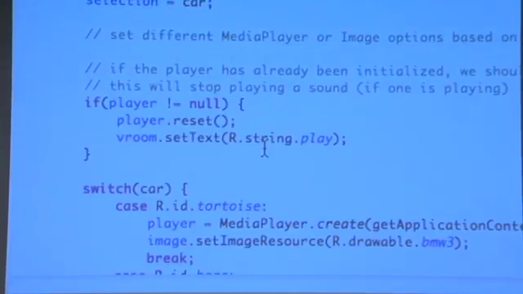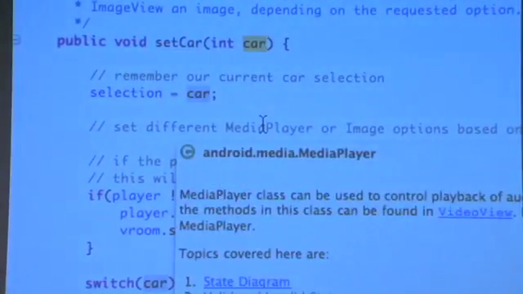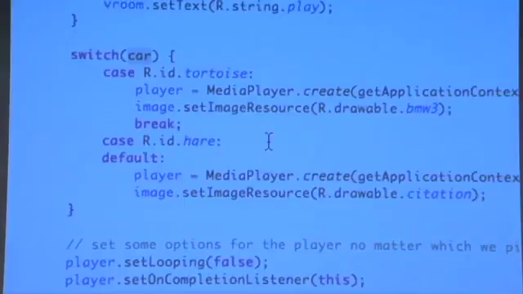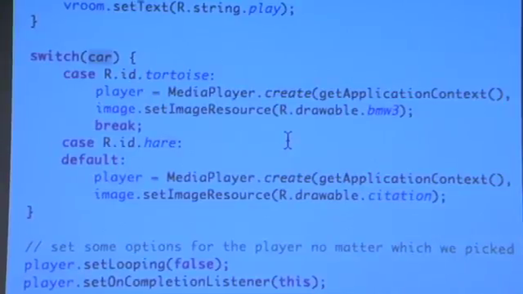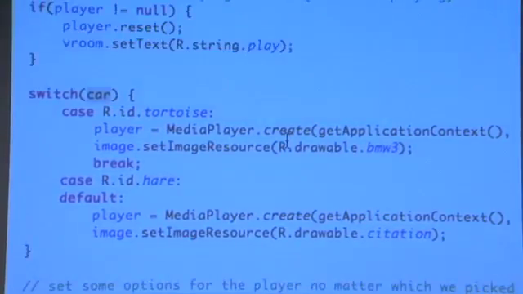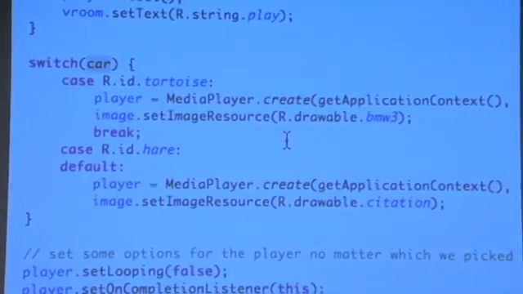So if we scroll down here, notice that all we are doing is accepting an integer, car, and using that int to determine which one has been selected and setting the player and the image as appropriate in each of these cases. So now, when we want to save this data, generally this means that we have performed some action that is worth saving. So in this case, perhaps the user has actually made a selection and we actually want